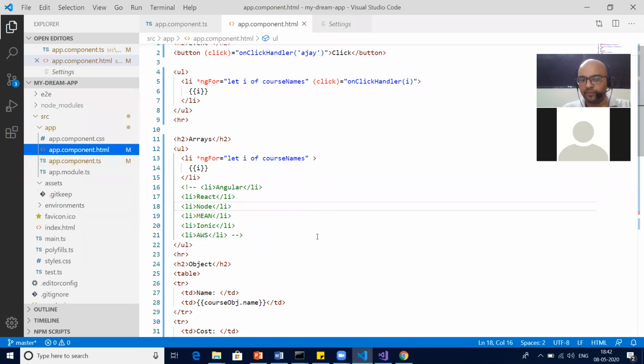programming, correct. So this is not going to be the case in a real-time scenario. In a real-time scenario, as I said, for every functionality you will have a component. For every functionality you will have one component, correct, no matter how big or small that functionality is. But for every functionality you will see a component. Okay, so let's add a component first. So what is the command to add a component, or what should we do to add a component? Let's see that.